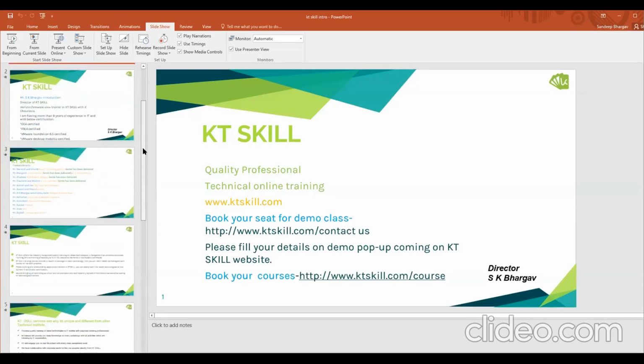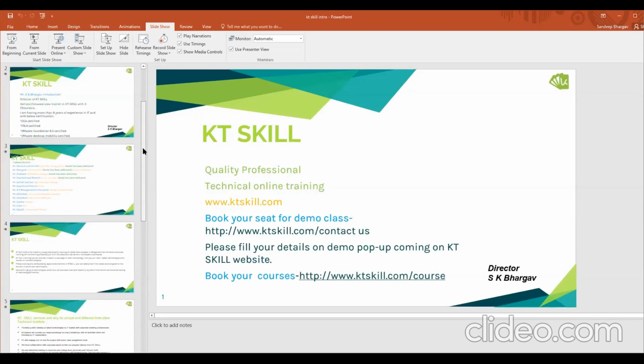But as a freshers, for you guys, we are giving an offer of 20% discount, and that also depends on what kind of technology is required for a fresher. Our trainer will definitely help you understand, and it will be really helpful to do the internship as well, because if you are covering it in third year, then you can do the internship from KT skill.